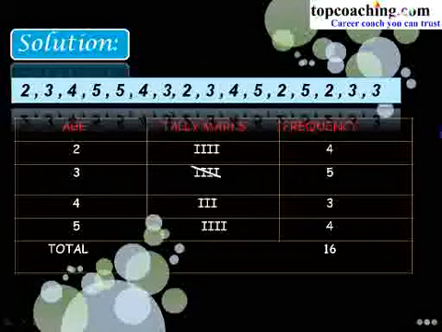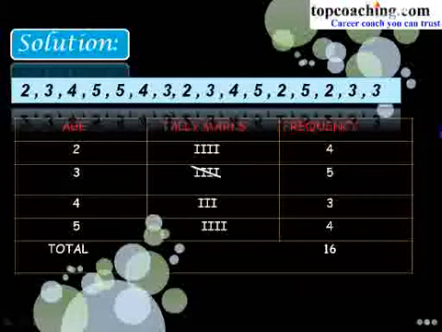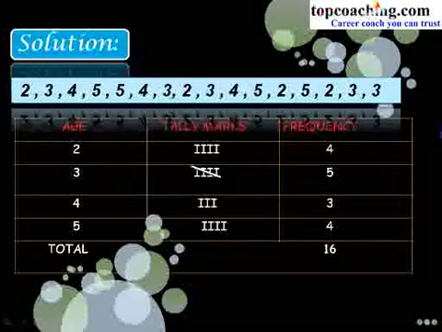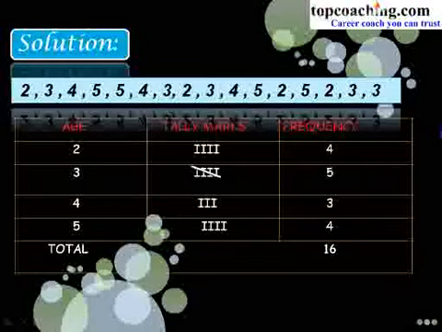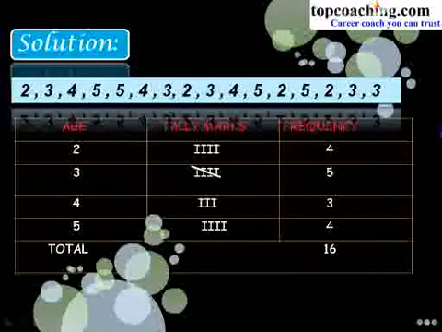Similarly with 3, 4 and 5. But before that, take each item from the data one at a time and put a tally mark against the class to which the item belongs. If tally marks are more than 4, then record them in bunches of 5. The fifth one is marked by crossing diagonally the first 4.